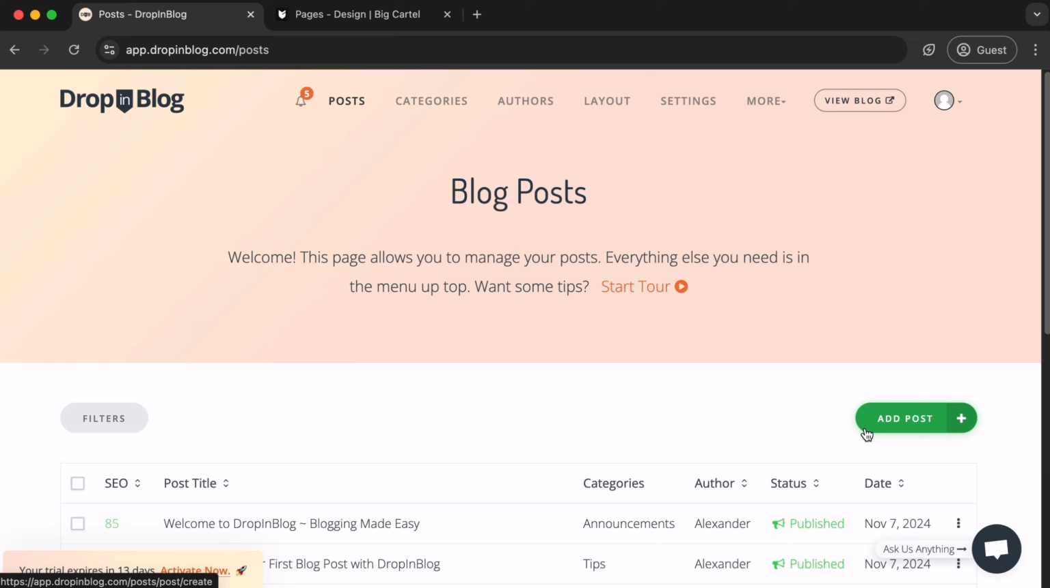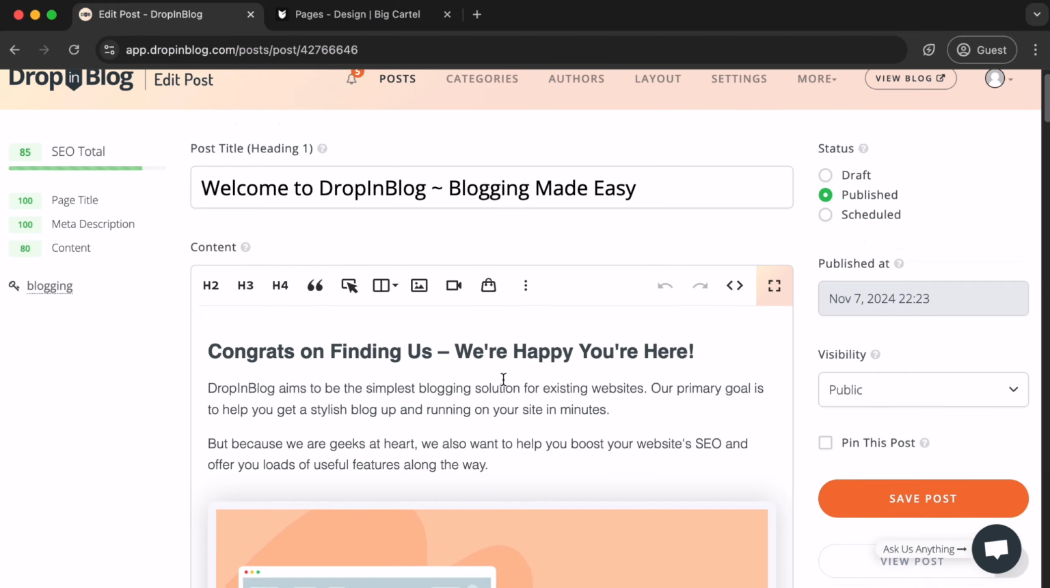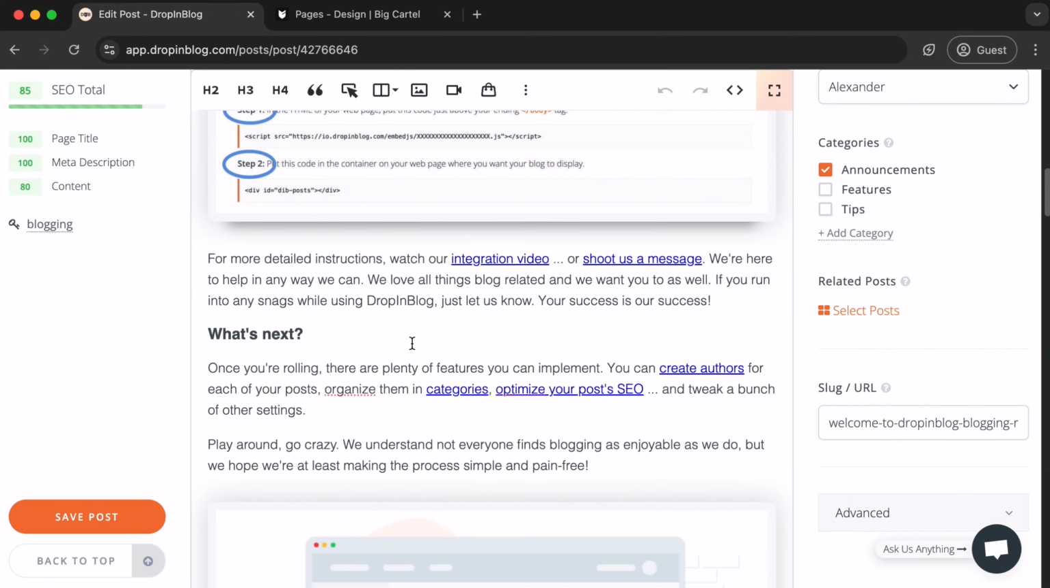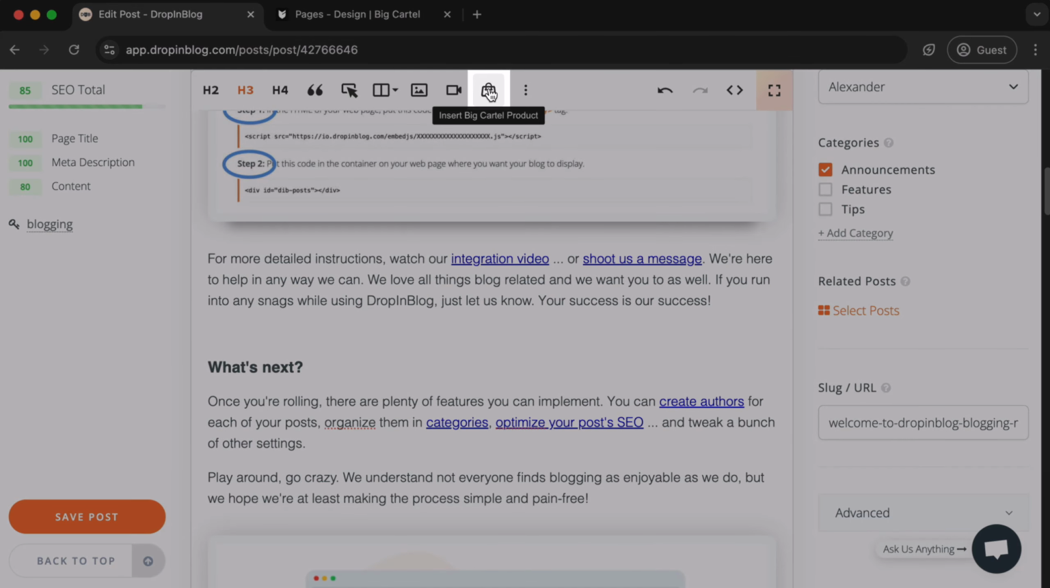Today, we're going to use an existing post for simplicity. We'll go ahead and click on the first one. Once in the post editor, click anywhere in the content area where you want to place your product. We'll go ahead and find a place to insert our product. Let's choose here. Once you've chosen where to place your product, go ahead and click on the shopping bag icon